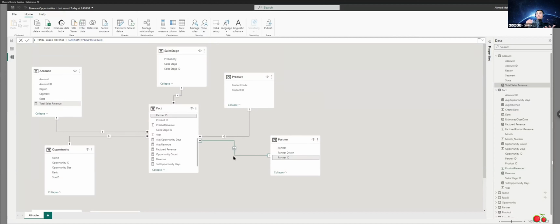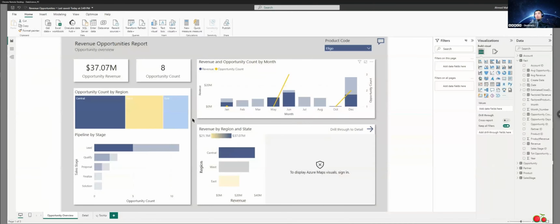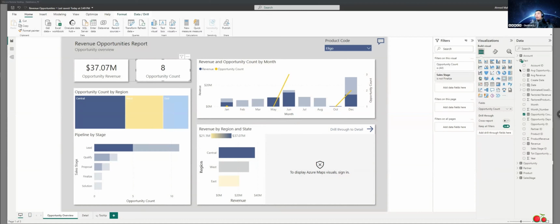And once you have that fact table, boom, now we can create a lot of KPIs, because now it's much easier. Okay, this is the dashboard, and you can create many dashboards, and you can use all your KPIs in your visuals. This is the opportunity revenue, right? This is the opportunity count. This all comes from your KPIs. There we go, opportunity count. This is something that we created. So again, here there are KPIs that I didn't even mention in that presentation, because I created more and more. And you can drill through, you can drill down, you can go to details, look at a different